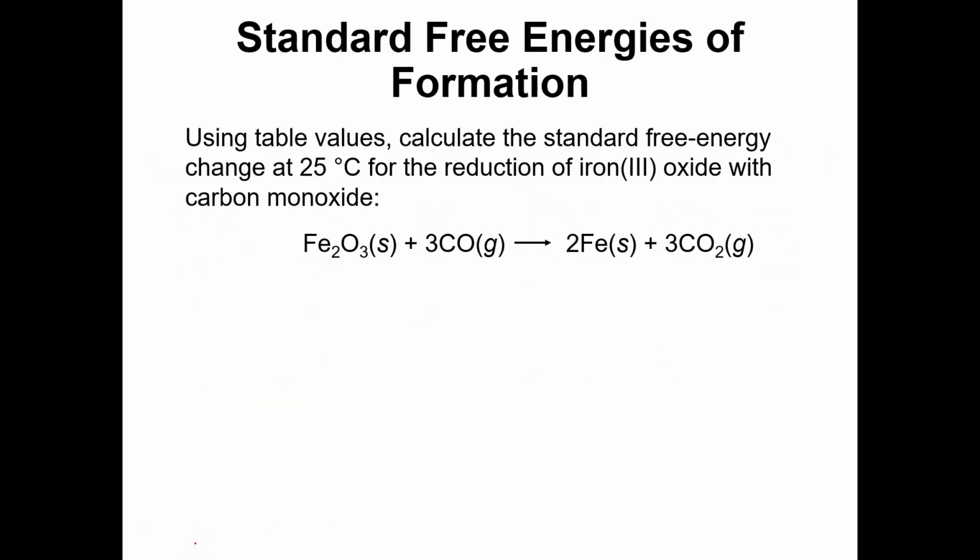delta G for Fe2O3 is negative 742.2 kilojoules per mole. Delta G for carbon monoxide is negative 137.2. Delta G for iron would be 0. And delta G for carbon dioxide is negative 394.2 kilojoules per mole. So to calculate for the reaction, we take,